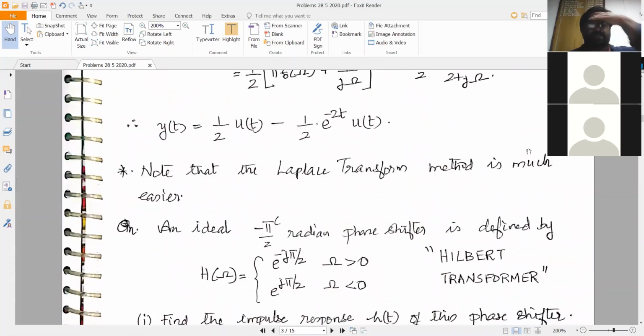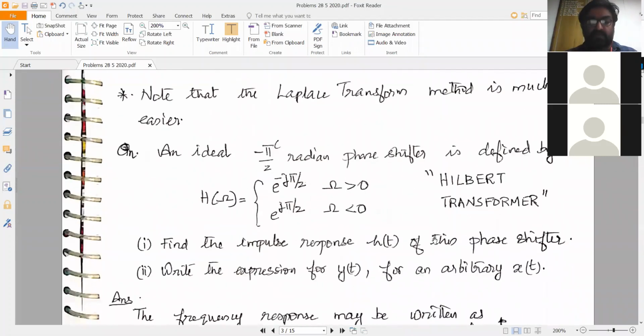Okay, so now we will move on to the next question. So you have found out that for the previous case, the Laplace transform method is much easier. So wherever possible to solve differential equations, you have to use Laplace transform. The exception is only when you have as the impulse response a unit step function. When h of t is equal to u of t, you have to directly solve using Fourier transforms. Otherwise, you can always use Laplace transforms and put s is equal to j omega to convert the system function to the frequency response, right? So now we move on to the next question.